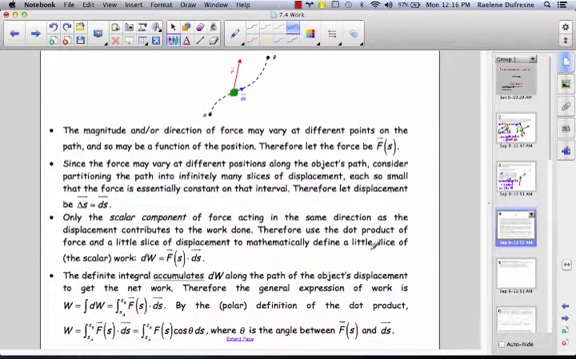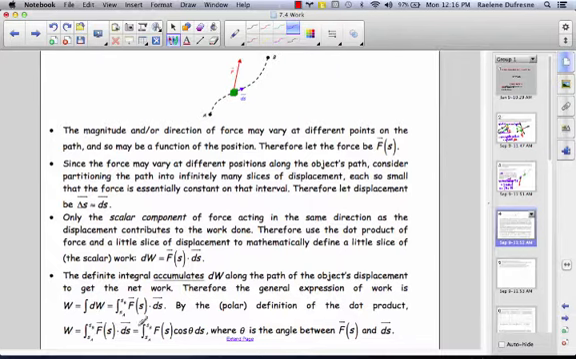So therefore, use the dot product of force and a little slice of displacement to mathematically define a little slice of the scalar work. And then the definite integral accumulates all of the little slices of work along the path of the object's displacement from the beginning to the end, so some lower bound and upper bound of integration, to get the net work. So therefore, the general expression of work could be given by work equal to the integral